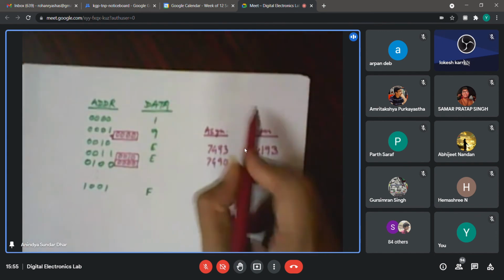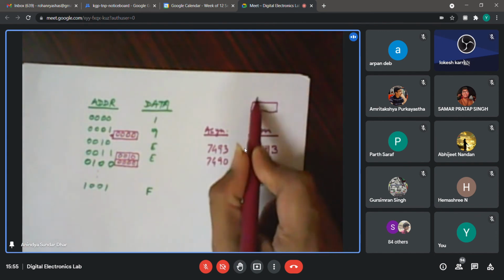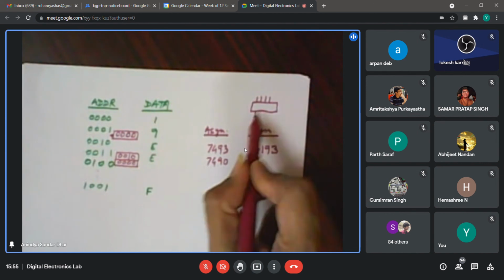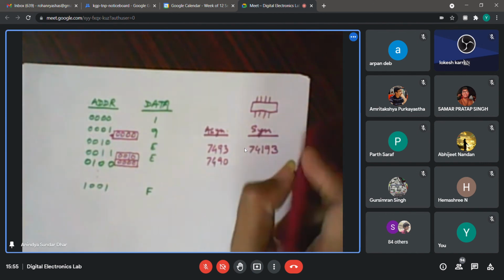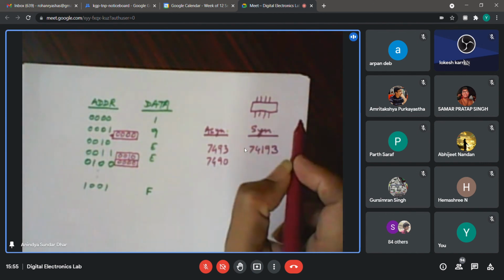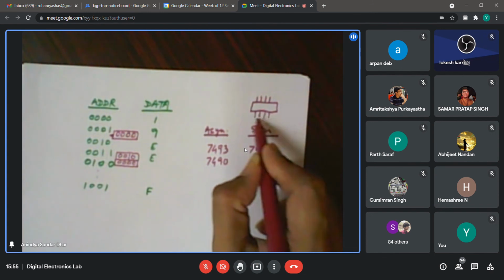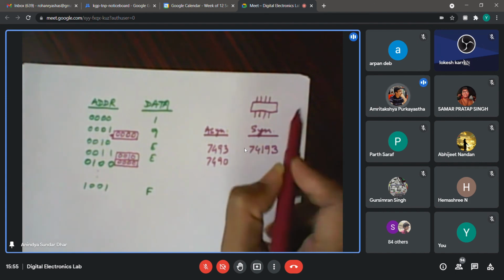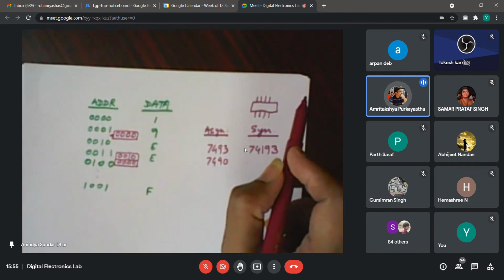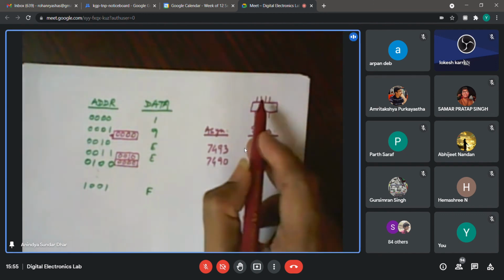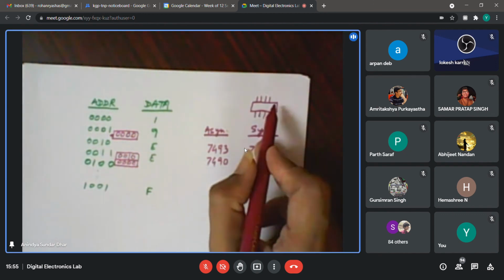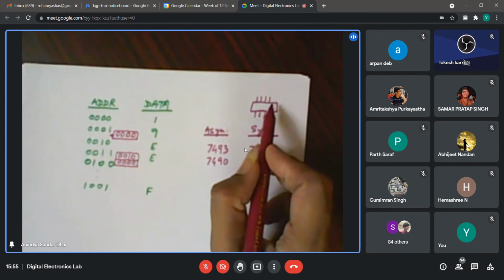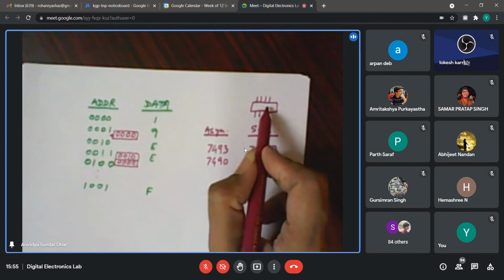If I draw that counter 74193, it will have a 4-bit input as well. Why should the counter have an input? 4-bit input and 4-bit output. The counter output goes from 0000 to 1111, or it may count down in the opposite direction. I think this counter will get reset when it reaches the loaded input. It is not actually that. You can load some number from which you can start counting. So you can load a number into the counter, then start up counting or down counting.